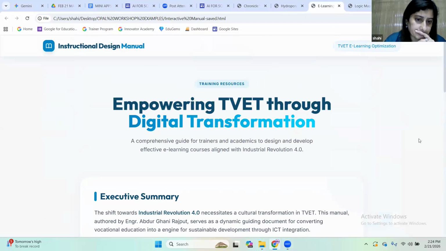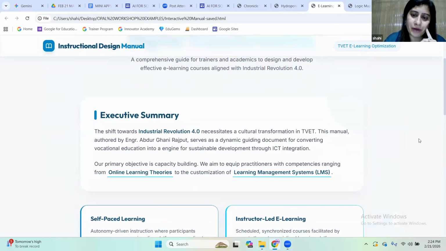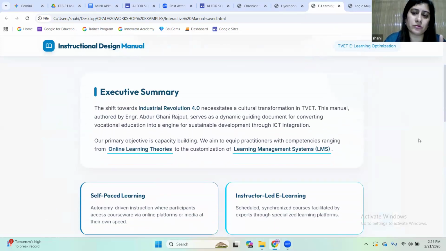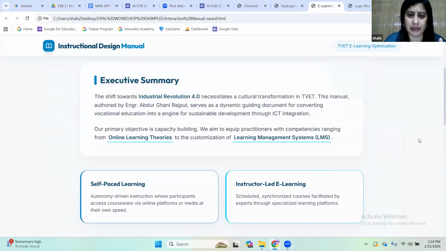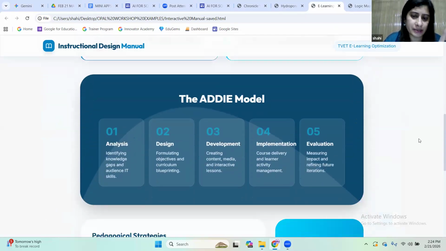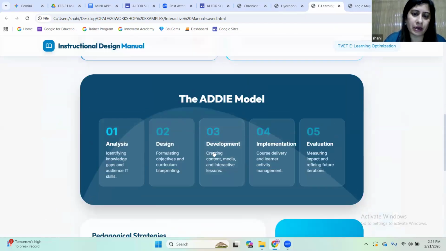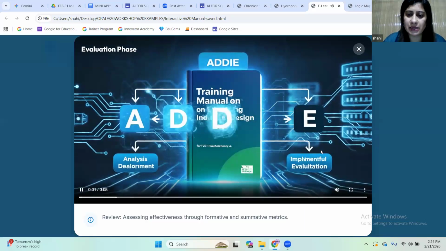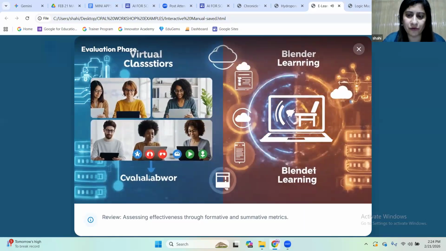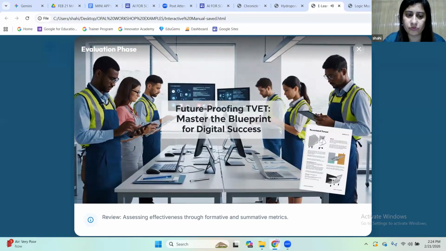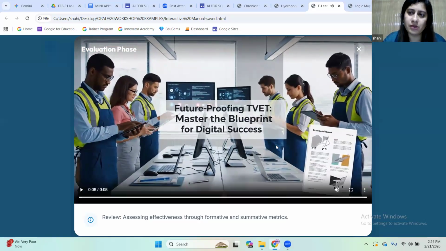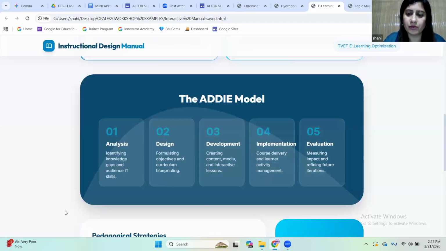So this is another output from an app, and I have created it. I have fed a document. The document was a guide for instructional designers. What it has done is it has given me a summary of it in the form of a web page. And when I click it, it has given me the output in video format as well. You see? Now, I hope it was visible. Yes, this time it was. Okay, thank you.